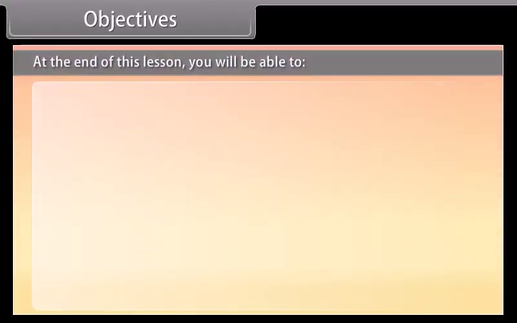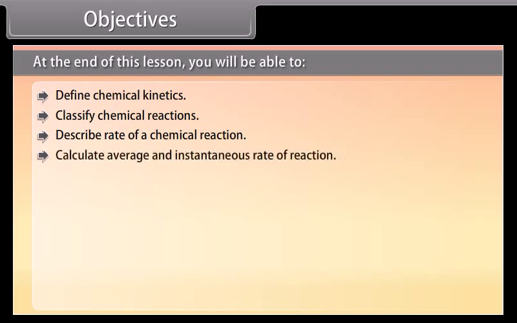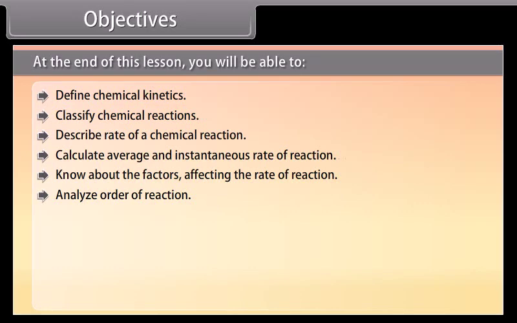At the end of this lesson, you will be able to define chemical kinetics, classify chemical reactions, describe rate of a chemical reaction, calculate average and instantaneous rate of reaction, know about the factors affecting the rate of reaction, analyze order of reaction,